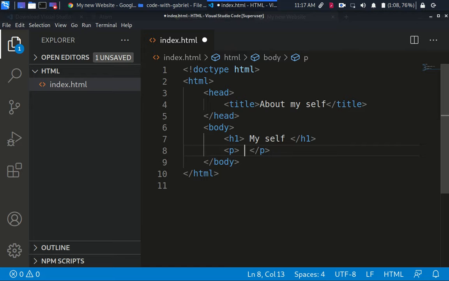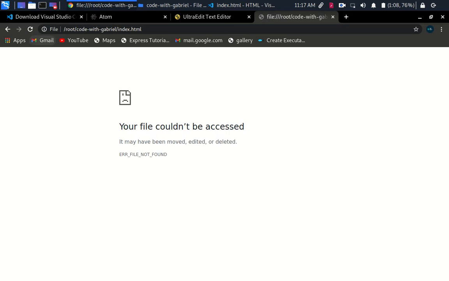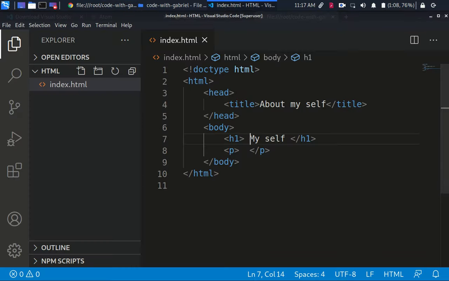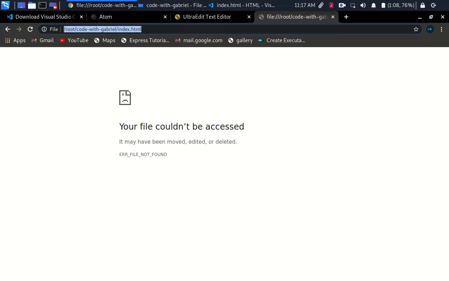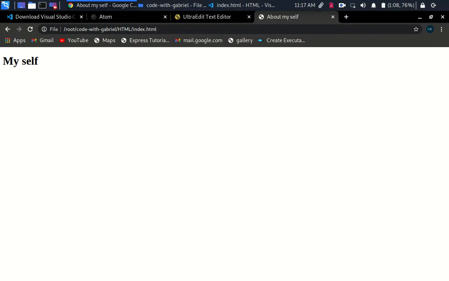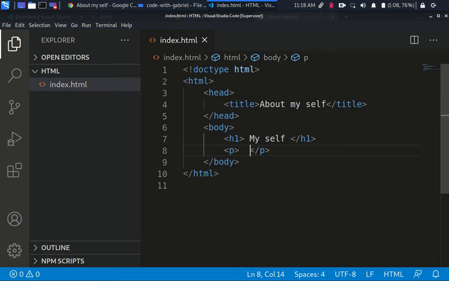So, in the first paragraph, let's just view this right now. Okay, so what do we have? Wrong direction. I will just copy the parts, then paste it right here. Boom. So I have a title here that's about myself, and now the heading is about myself. Now I'm just going to have a paragraph. I'll start with: my name is Gabriel, comma, I am a